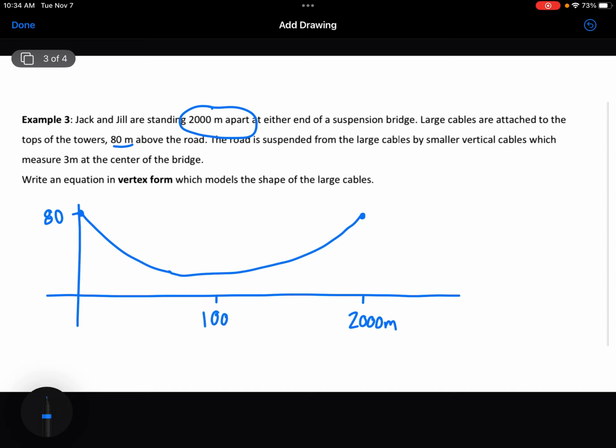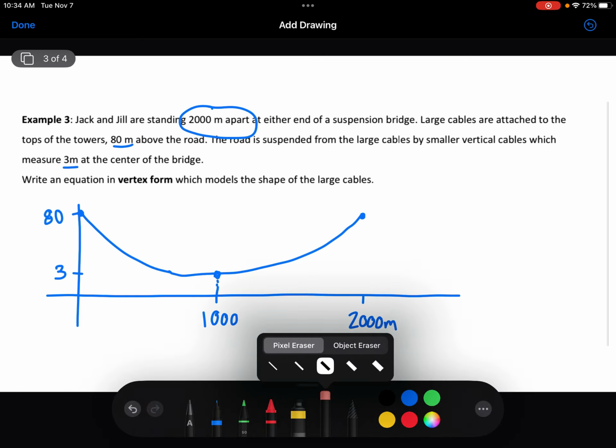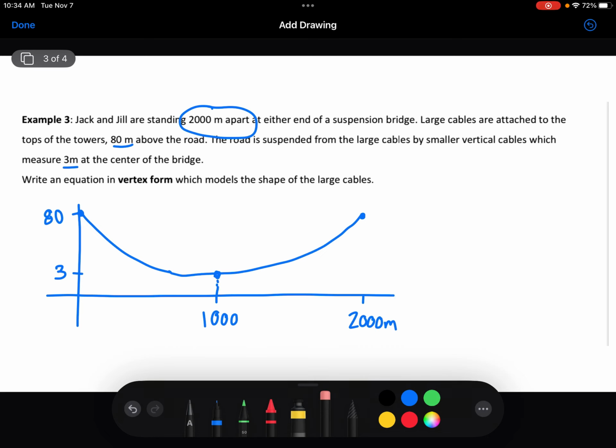And I know the center is going to be 1,000. My diagram's pretty terrible here. And I know I'm going to have a point right there, and we've got a cable. Well, that point is at 3 meters. Okay, it says it's 3 meters up at the center of the bridge. So this diagram is kind of showing me everything I need to know to create an equation. Okay, so we've got our vertex right there, and we actually can find our a value by using this point